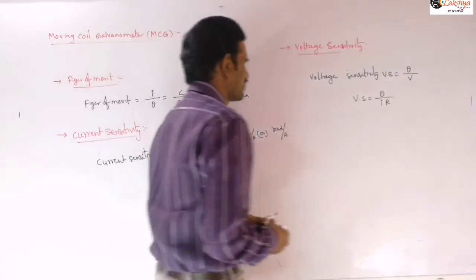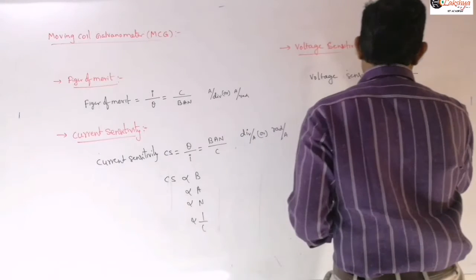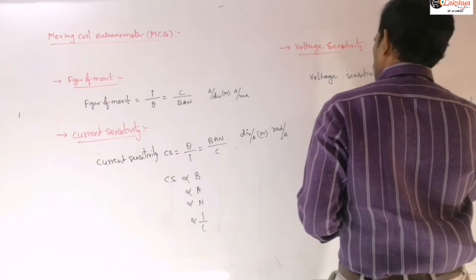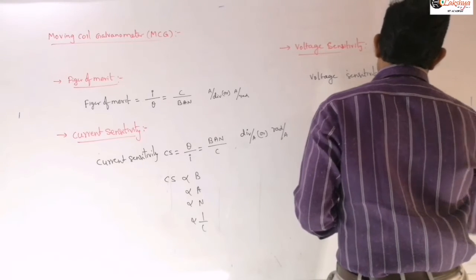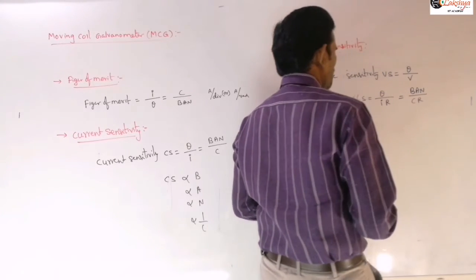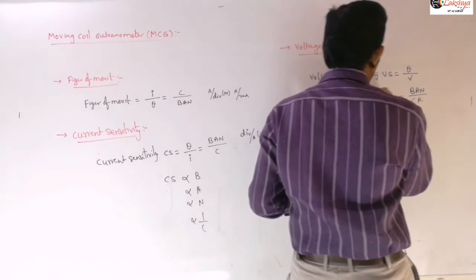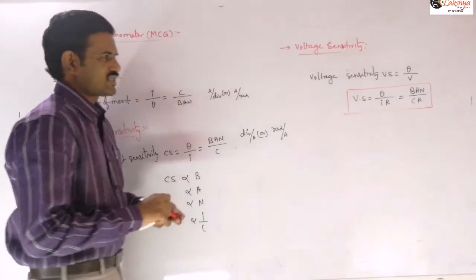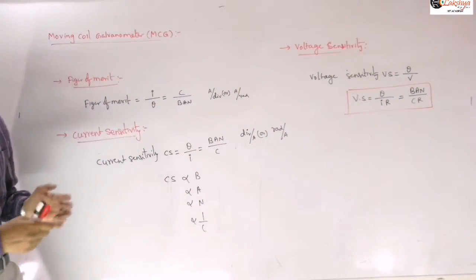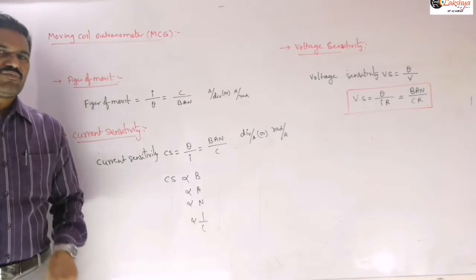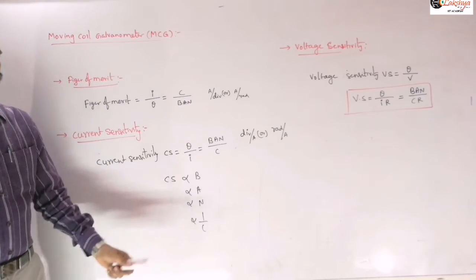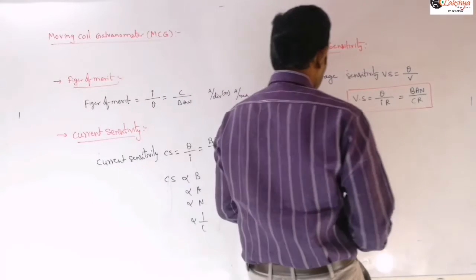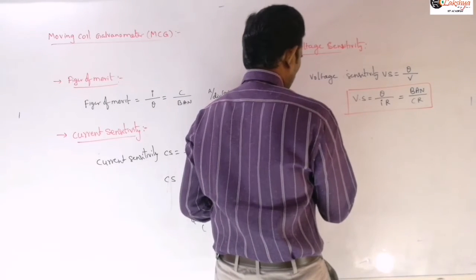And therefore from this what we can write is simply that voltage sensitivity is BAN by C into R. So that is our voltage sensitivity formula here. The ratio of current sensitivity to resistance, that we call simply voltage sensitivity, right? So that is current sensitivity and voltage sensitivity of this moving coil galvanometer. So just to mention a note here about increasing the number of turns, one note will be there here.